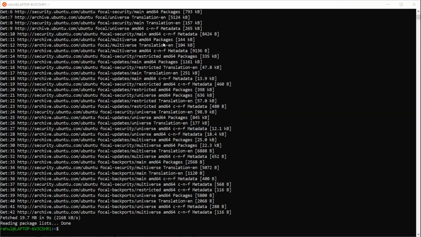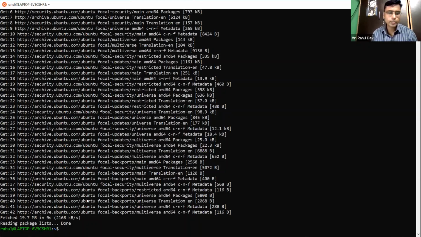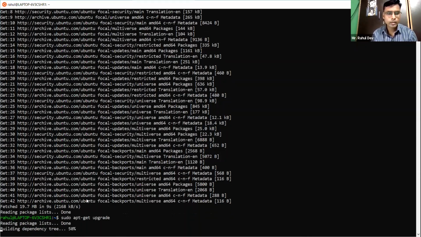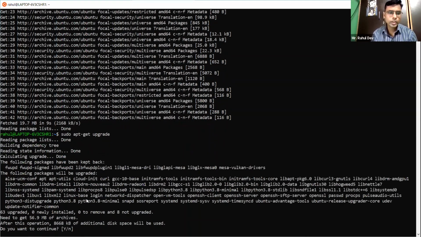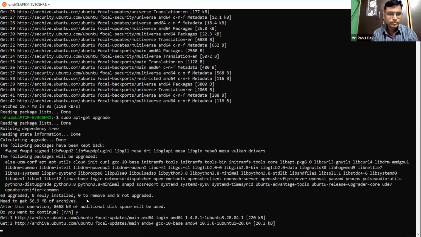Okay, we have updated now. In the update, what happened? The already installed packages were updated. Now we need to upgrade these packages. It won't take too much time, but it is interactive. Do you want to continue? It wants my permission, like in Windows, whenever we are installing any software, it requires next, next, next, or cancel. It always gives us two or three options. So it is like that. If I write Y here, that means next.